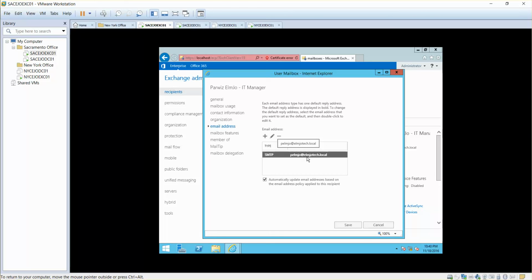Some companies add multiple email addresses in here. For example, plmjo, Pervez Elmjo, Pervez_Elmjo at Elmjo. The concept behind that is they want to make sure that whenever an email comes from outside and it matches plmjo, Pervez_Elmjo, or Pervez.Elmjo, it is still going to be sent to Pervez Elmjo. So that's the concept when they add